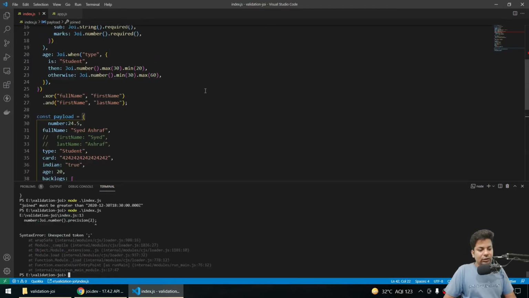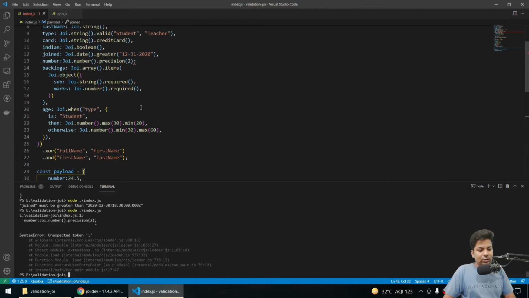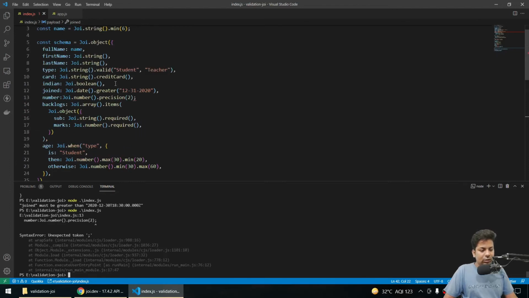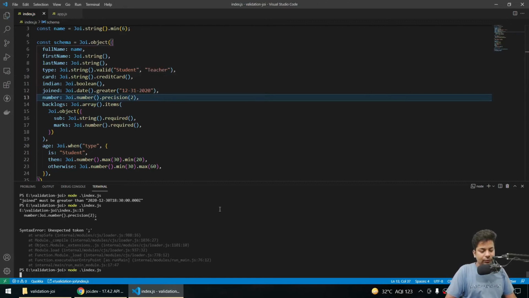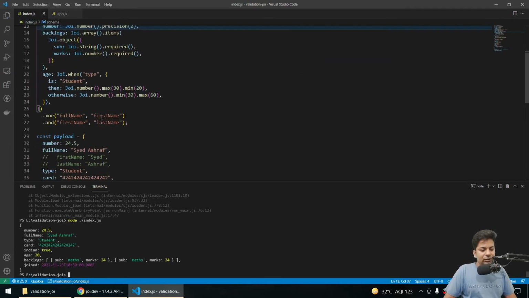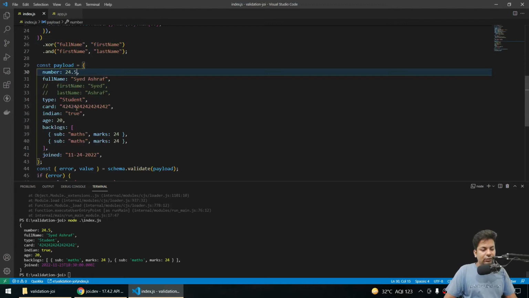Precision, okay, it's a semicolon, I have to make it a comma. Yeah, you can see it's passed. Now suppose I am sending 24.545, then also it's being passed. Okay, it's converted into 2 decimal places.